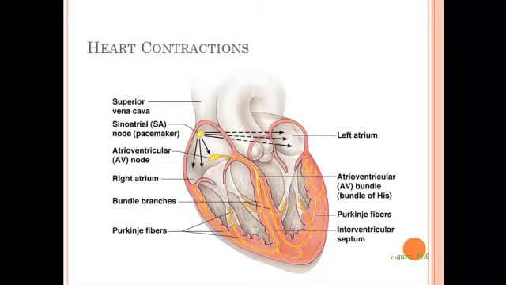But when you take these cells and you put them together, they're going to start following the strongest beats. So they're able to coordinate their beats according to some sort of signal that's being given. So that's what's going on in our heart here. So all of these heart muscles naturally want to contract, and as long as we have some sort of signal, some sort of strong beat for them to follow, they'll all follow suit. If we don't have a beat, then they're all going to kind of do their own thing, and it's not going to work